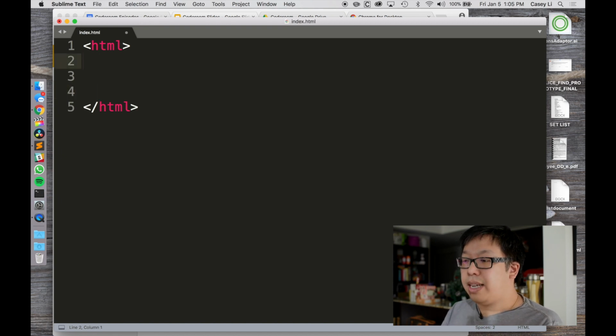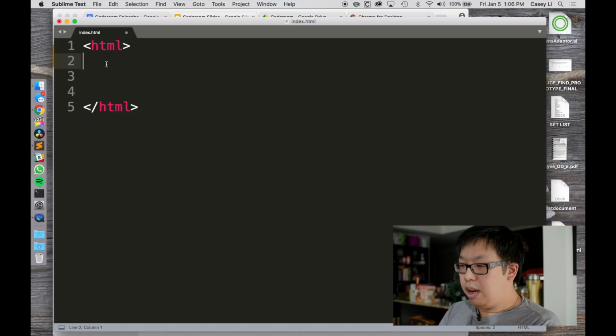Now the next two tags I'm going to type, one is called head, and one is called body. And I'm going to put those in between the HTML open and close tag. So again, this is something that you learn. It's not something that you can logic out. So now that you know that you put stuff in between the HTML tag,